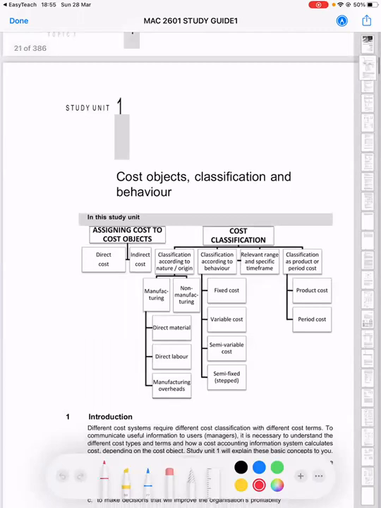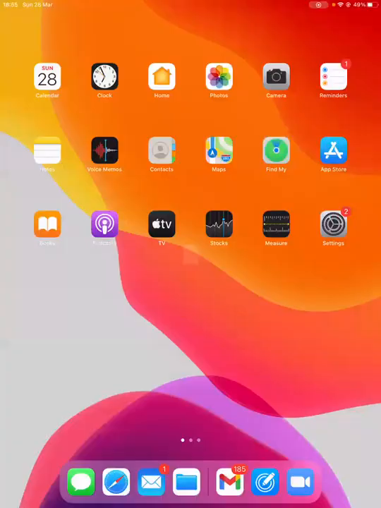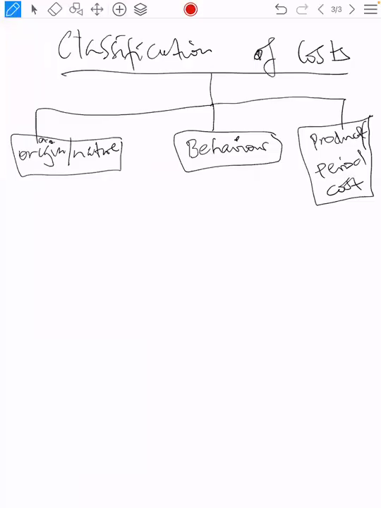Okay, here it is. Cost objects, classification and behavior, right? As you can see here, good people, costs can be classified in terms of their nature or origin. We see my screen there, right? Costs can also be classified according to their behavior, and costs can be classified into either product cost or period cost. Now, that's the thing that I want to explain. If we are going to classify our costs in terms of their origin or nature, we are saying, where are they coming from? Now, as a management accountant,